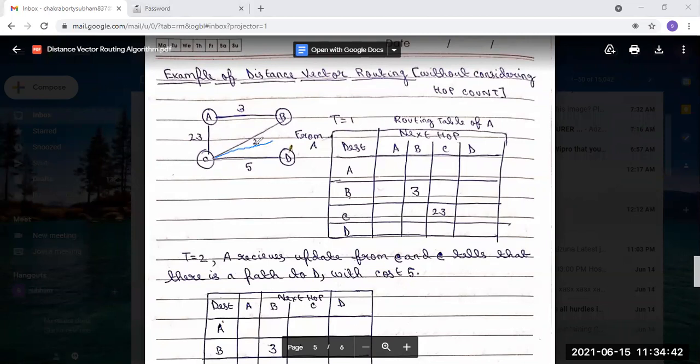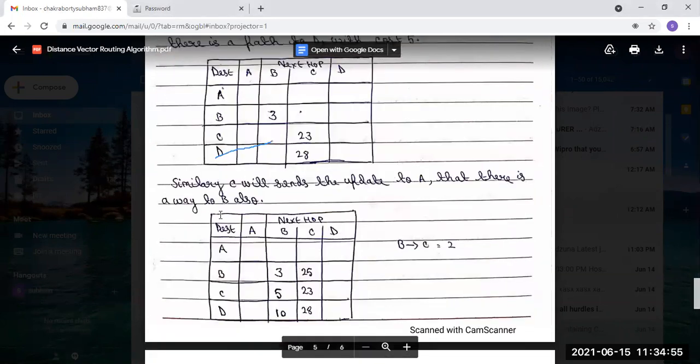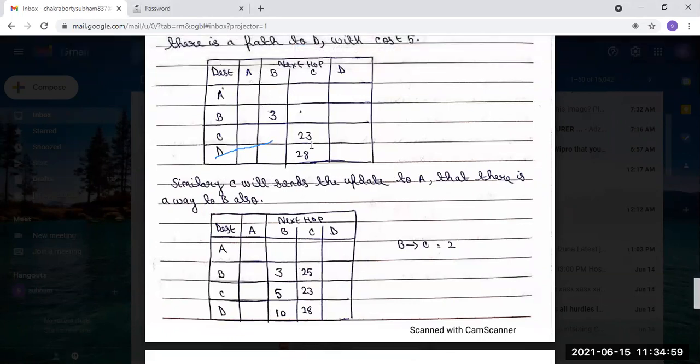It sends the update that this is another path from B to A. So what will it do? It will update from B to C. The value is 2. And from C to A, the value is 23.